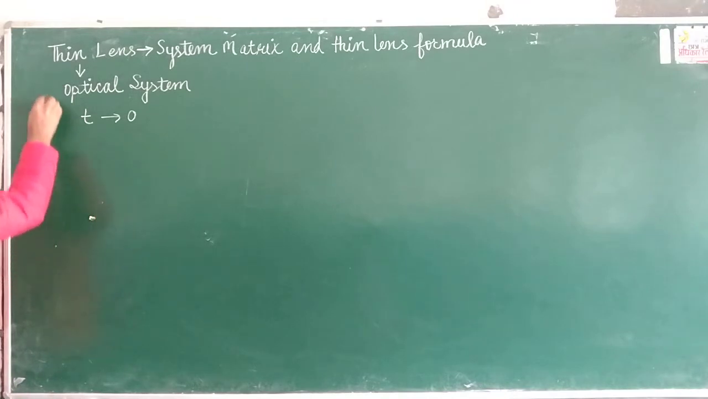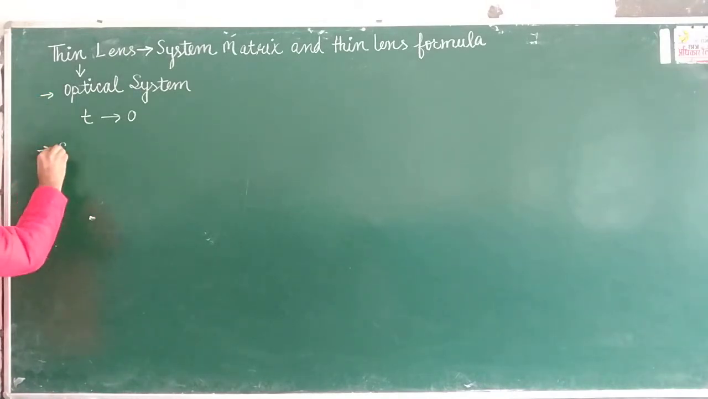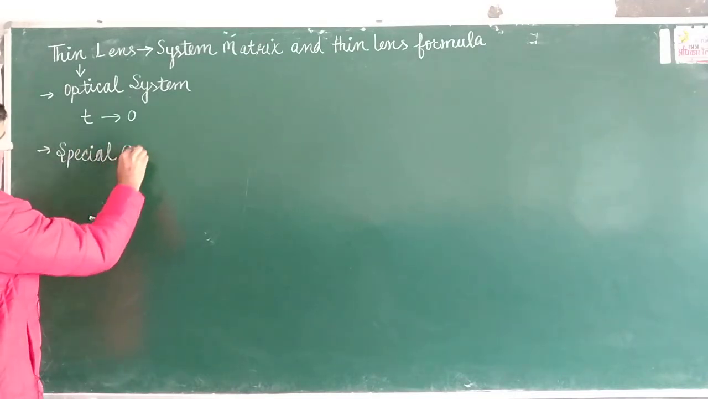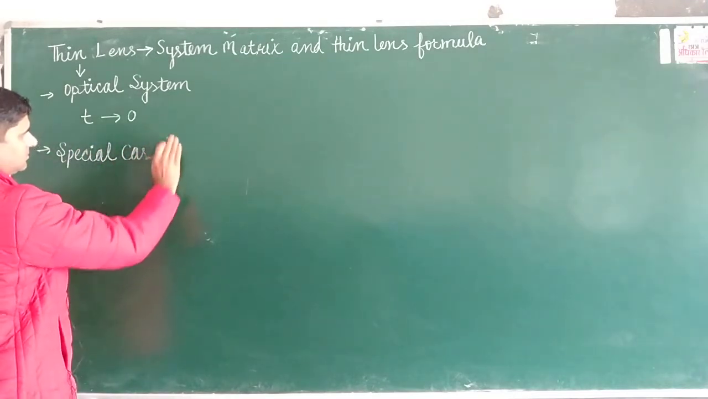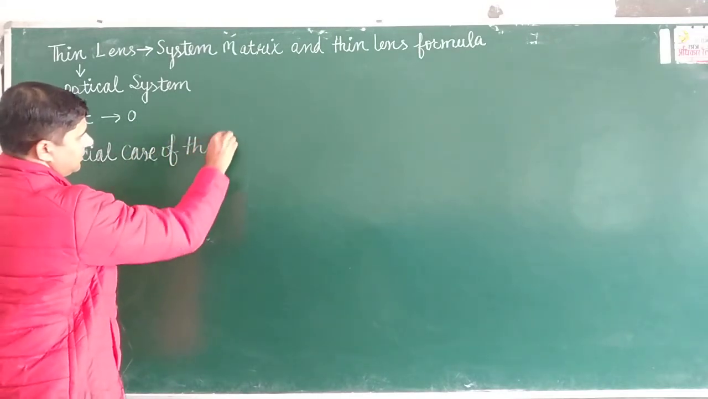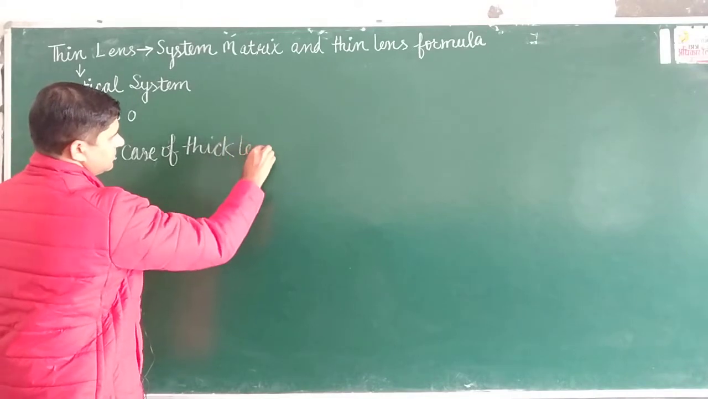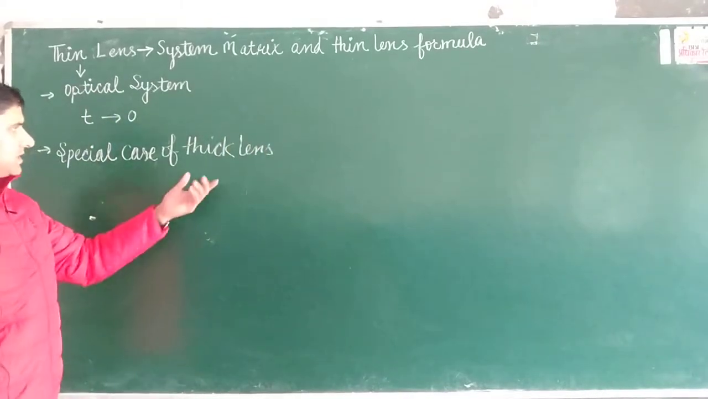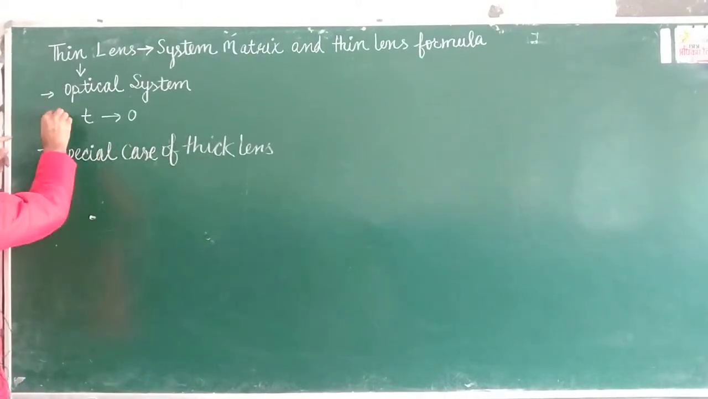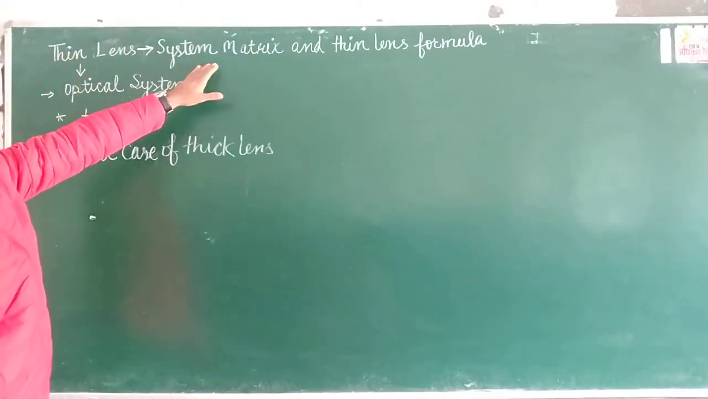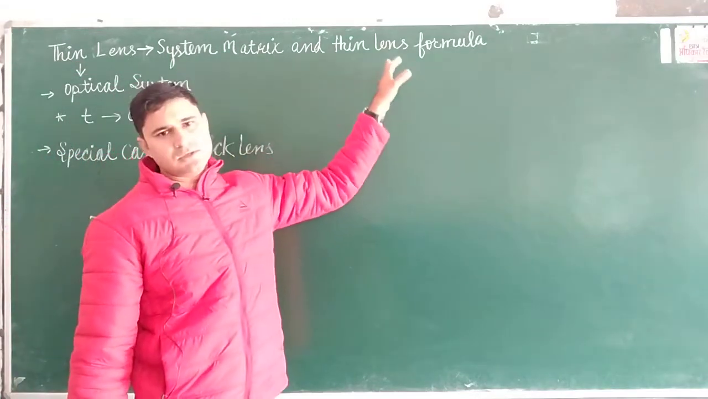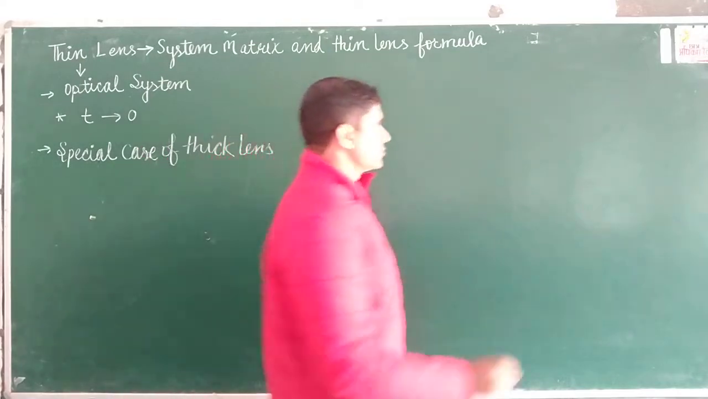So this will be a special case of thick lens. Okay, so if we obtain the system matrix for thick lens and we take this limit, then we will get the system matrix for thin lens, and from there we will discuss the thin lens formula. So firstly,